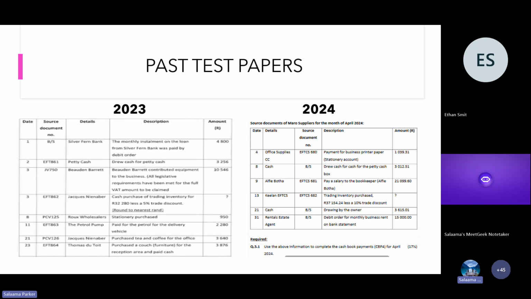The minute you see, like in the 2024 paper, I'm sure your lecturer revised this question with you in class. They only wanted you to do the cash book payments. Okay. Right, and there you can see EFT confirmation slip, EFT confirmation slip, EFT. There is no cash register rolls, no cash invoices. Can you see? Right, only the EFT and the bank statement were the only source documents for the cash book